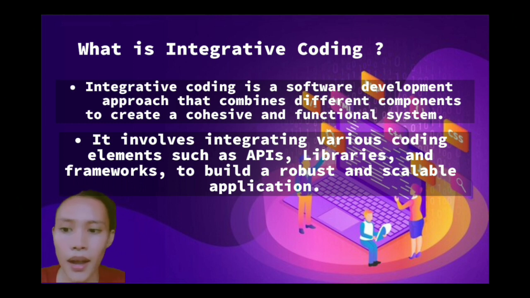API means a set of rules and protocols that allow different software applications to communicate with each other. And the library is a collection of pre-written code that developers can use to perform specific tasks or functions. And the framework, on the other hand, is a set of tools, libraries, and guidelines that provide a structure and